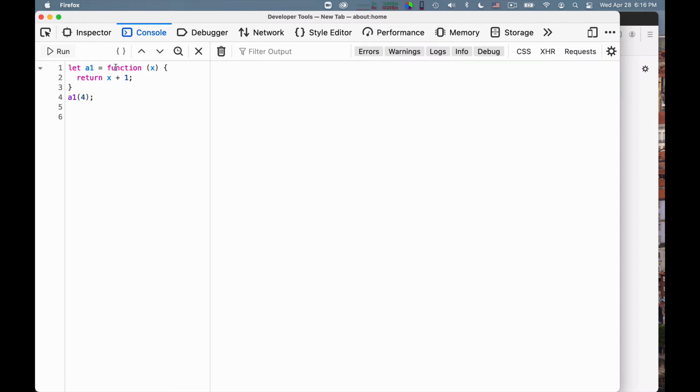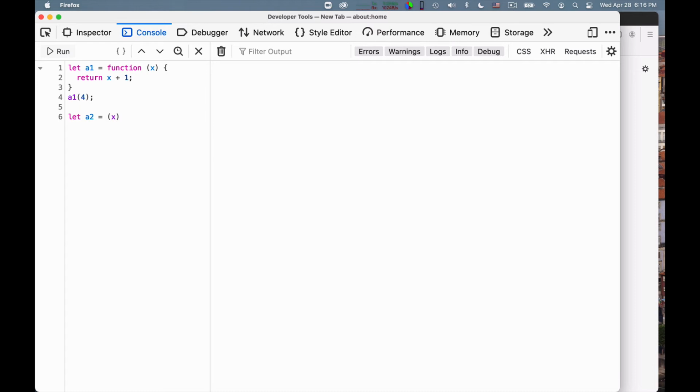When you define functions inline in this way to assign them to a variable or maybe to use them in some other way, there is a shorthand available, and so you can say let a2, let me call it, is equal to, and then I can write using this arrow notation.